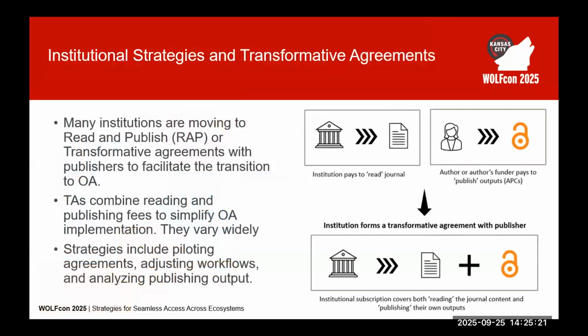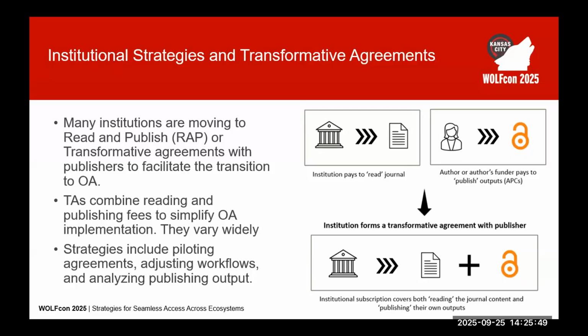So on an institutional level, in order to answer these institutional goals to produce more open access materials, there really was a recognition that institutions needed to start working in a completely different way with publishers in order to help bridge that transition from subscription model to an open access model. So that's where transformative agreements come in.